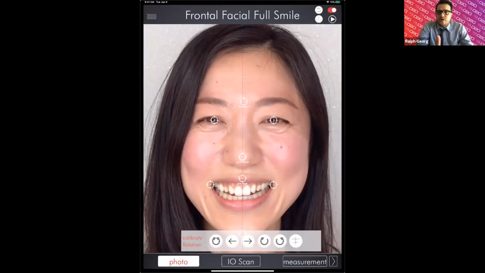And on the app, all you need is one photo, correct, Dr. Diogo? Just this one frontal photo, and you can begin doing that smile design. Yeah, for the motivational smile simulation, all you need is one frontal facial picture. But if you're going to use the app as part of a treatment plan, and use it to print the guides and actually do the procedure using the facially driven designs, then we recommend you use more documents from the patient,